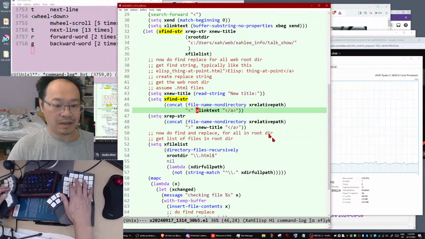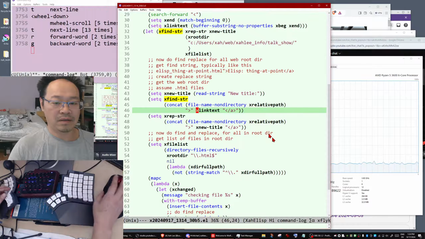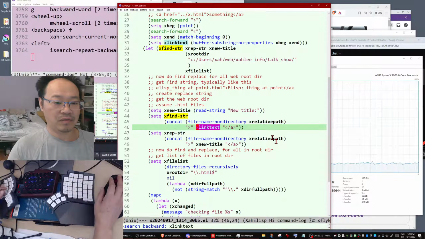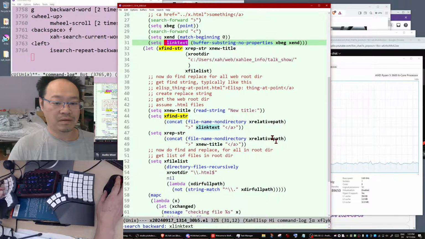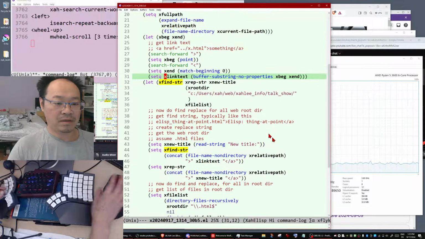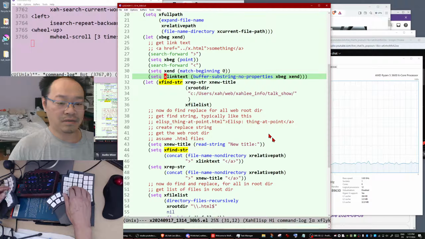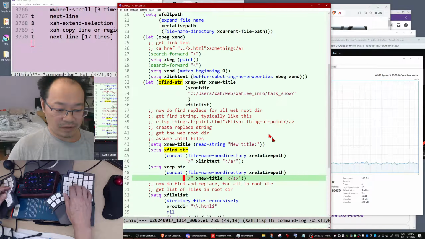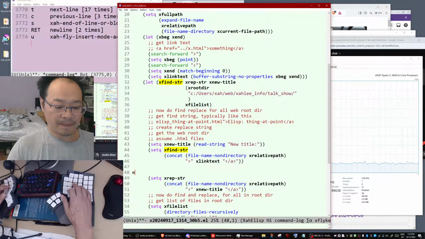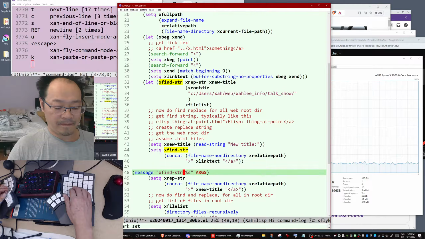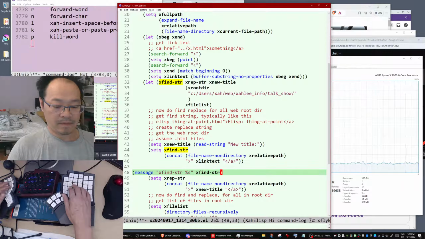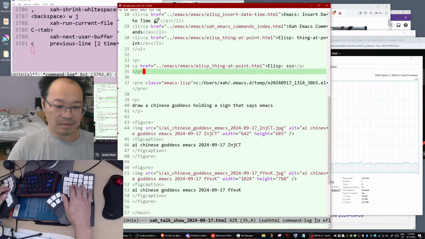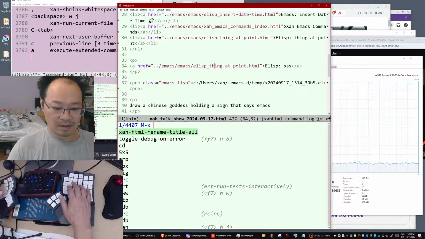Did we get the link text? Yes. Wait, the link text is wrong. Wait, the link text should be correct. So let's print the find string, okay? Evaluate the buffer, go here, put the cursor here, call the command, do it.